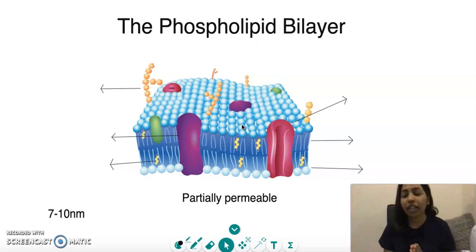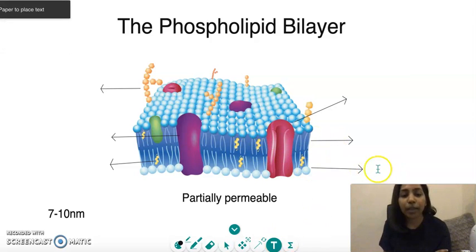So they're very small, and you can only see them through a transmission electron microscope, or a TEM, with a magnification of around 100,000. And with this microscope, you'll see around two lines separated by a small gap, and this is the phospholipid structure. So if we take a closer look at the structure itself, we can see that it is made up of a